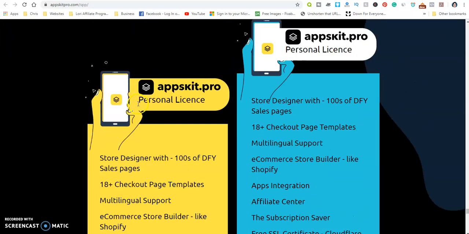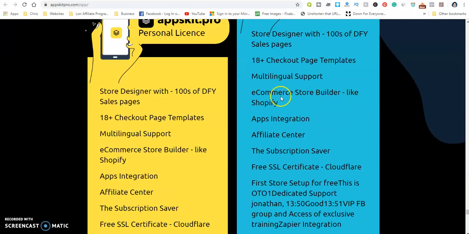This is the personal license that you get, and this is the Pro. So for the store designer, you get hundreds of do-it-yourself sales pages, 18 plus checkout templates, multilingual support, e-commerce store builder, similar to Shopify, apps integration, affiliate center, the subscription saver, free SSL certificate with Cloudflare,